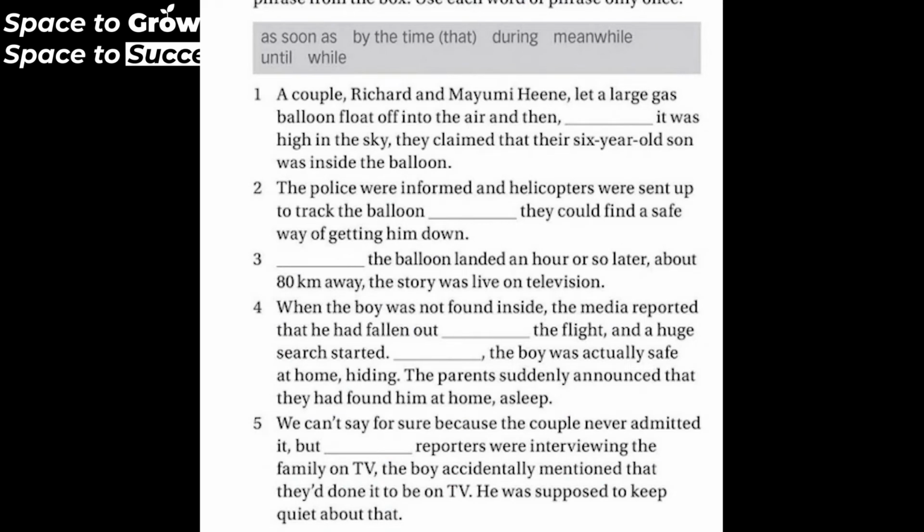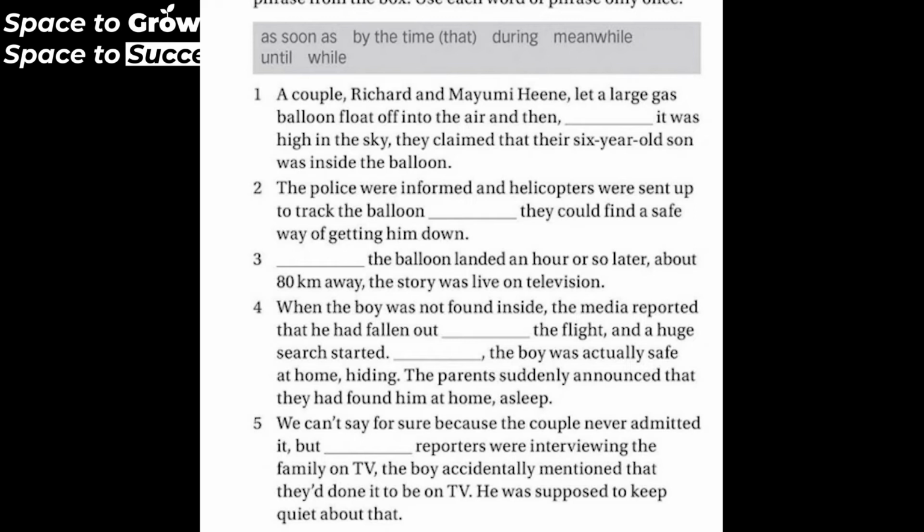1. A couple, Richard and Mayumi Heene, let a large gas balloon float off into the air, and then, as soon as it was high in the sky, they claimed that their 6-year-old son was inside the balloon. 2. The police were informed, and helicopters were sent up to track the balloon until they could find a safe way of getting him down. 3.